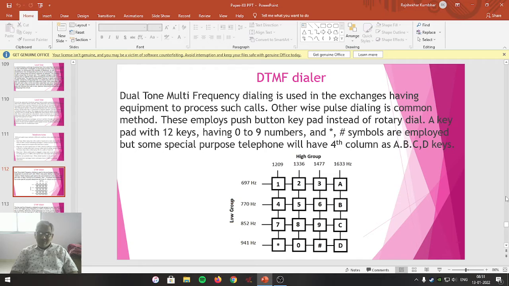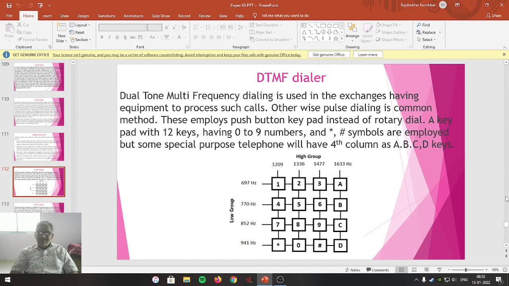So those pulse dialing systems were replaced by the present dialing system which we are using everywhere. We use this dialing system on the mobile keypad, and also nowadays on the telephone handset. Such a system presently used to dial the telephone number is known as DTMF dialer.